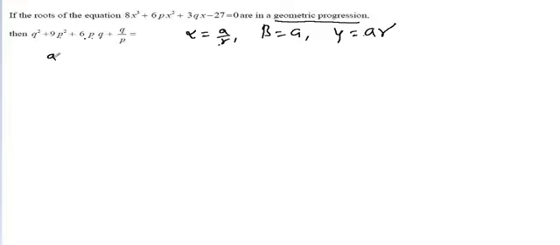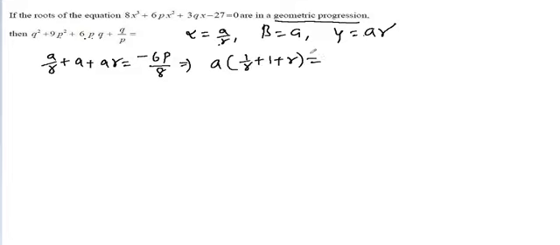Now the sum of the roots, that is a by r plus a plus ar is equal to minus 6p by 8, that is, taking a common, a into (1 by r plus 1 plus r) is equal to minus 3p by 4,